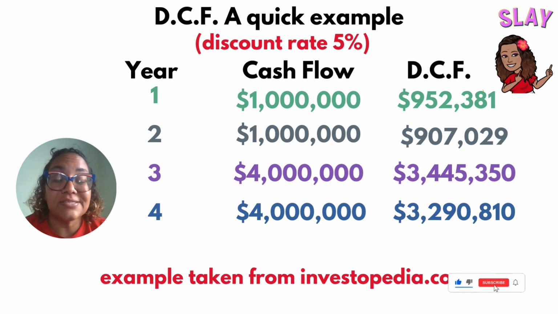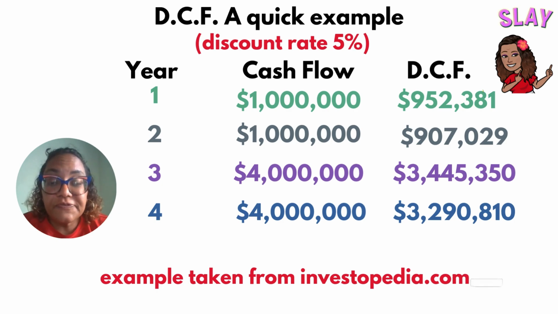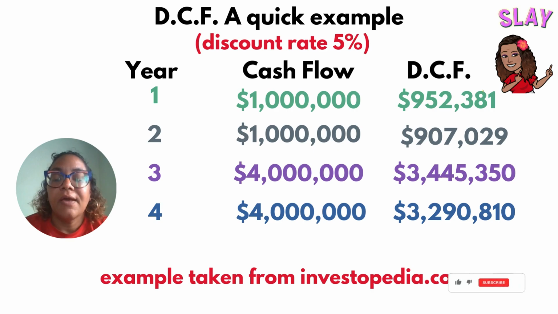So you can see that is at least $50,000 difference in the value of the money after year one. After year two, that same $1,000,000 is going to buy you $907,029 worth of goods. In year three, the business expects to pick up, so they generate